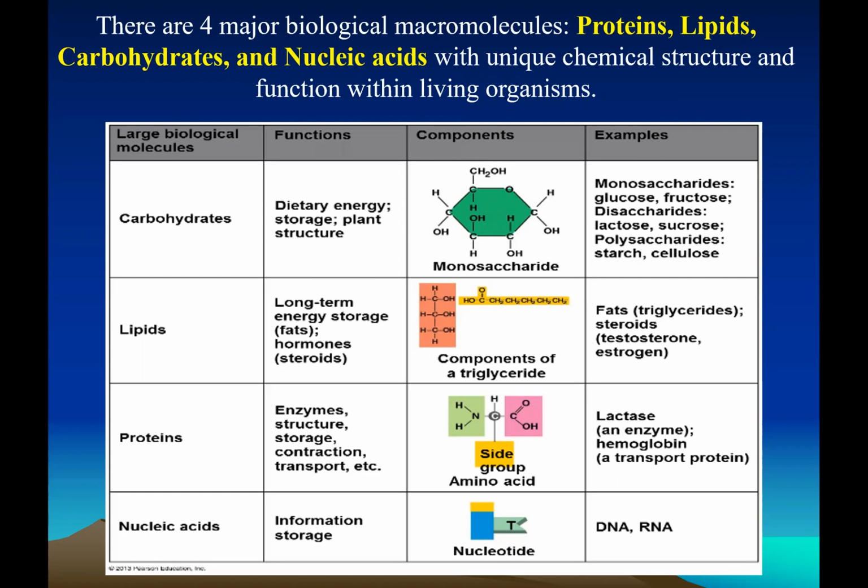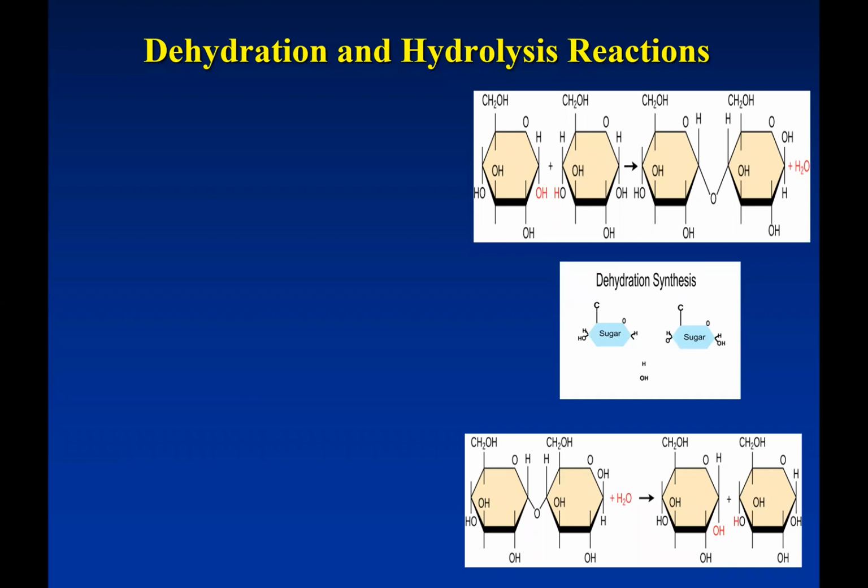Nucleic acids is the heredity molecule, the information storage molecule. The monomer is nucleotide. And then examples would be deoxyribonucleic acid and ribonucleic acid. So we'll move on to understanding how macromolecules are formed. So it's either through a dehydration reaction when they come together. So that's how molecules are formed. So for example,